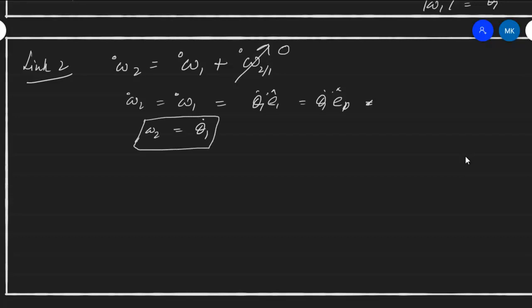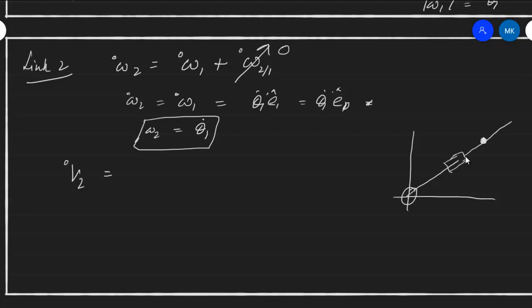All right. Similarly, we can find the linear velocity of link 2, which is given in this case by v2 in 0 is equal to. Now this is a little tricky. We have to be very careful about it. So I'll draw it again for clarity. This is link 1 and this is link 2, this being the prismatic joint. So let's assume this is the mass center of link 2.